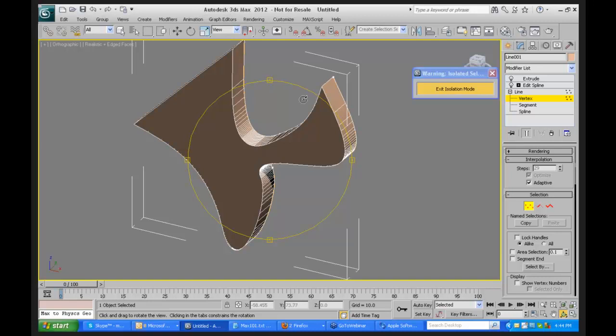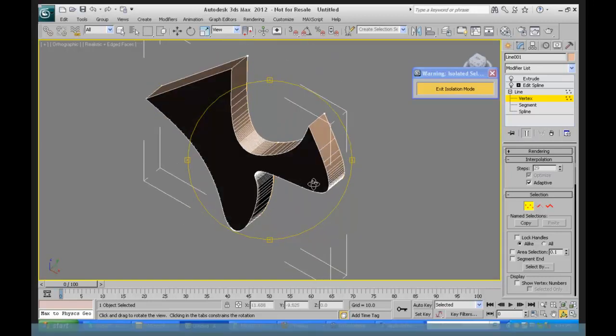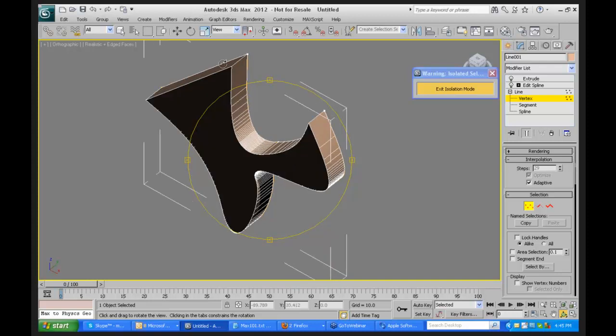Now, here's the thing that I've learned working at Turbo Squid. I grew up with Max, and so I just assumed that everything that Max would let you do was kosher. But the truth of the matter is that not everyone in the world uses Max. A whole lot of people use Maya, Softimage, Lightwave, Cinema 4D, Modo, everything else that is a normal product that basically doesn't want things to be like that. So what I'm discovering is that most companies, when they're looking for geometry, they want the polygon distribution